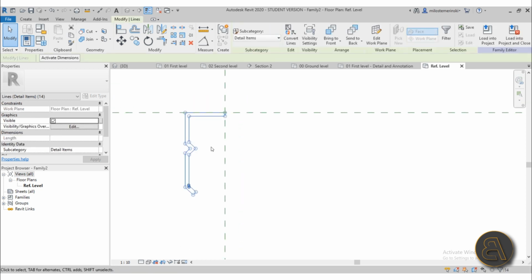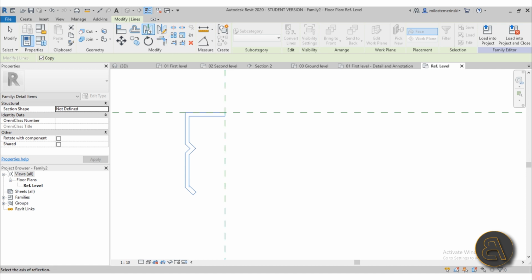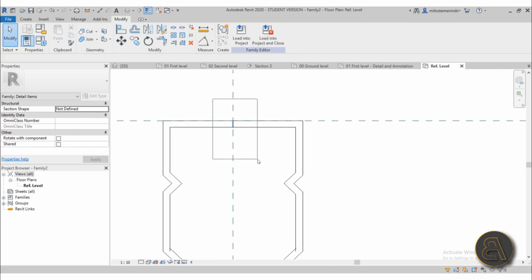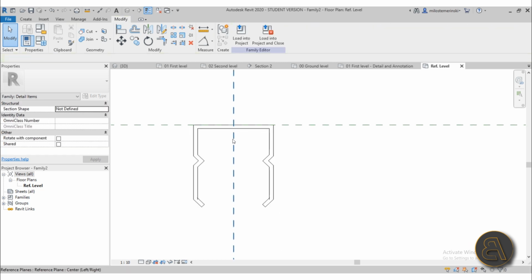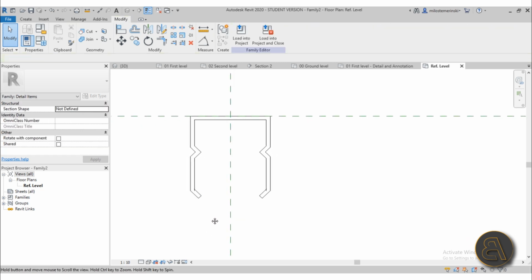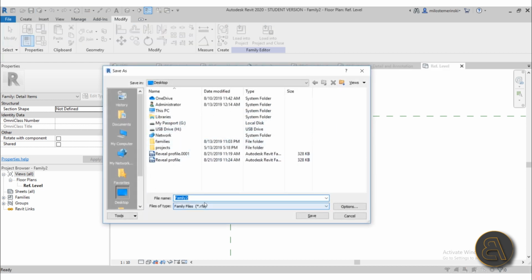Now let's mirror it on the other side, so just MM, or just go here to mirror with the pick axis option, pick the axis, and then just delete this middle part. Okay, there we go. So we have our profile here modeled, and once we have this, we can just save it. So I'm just going to go here to save, and let me save this on desktop, and let's call